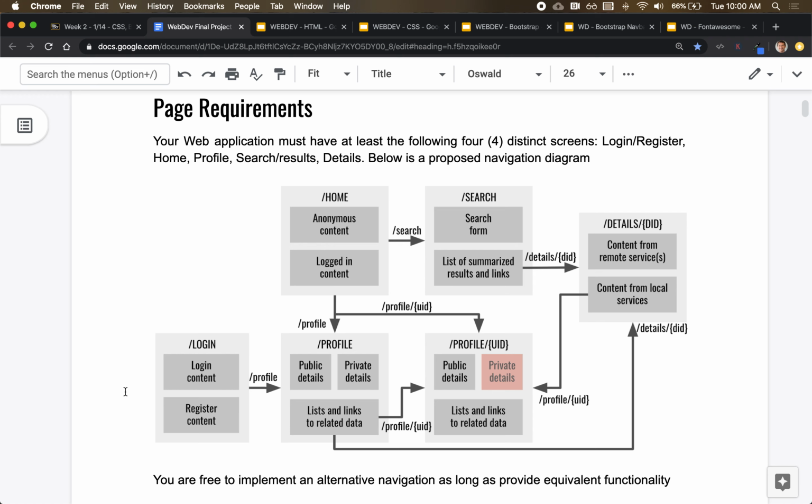So let's talk about some of the requirements on some of the pages or screens that are required for the project. First, there needs to be some kind of landing page. That is the first thing that a user sees. So when they visit your application, your website, there should be some landing page, and this landing page, or you